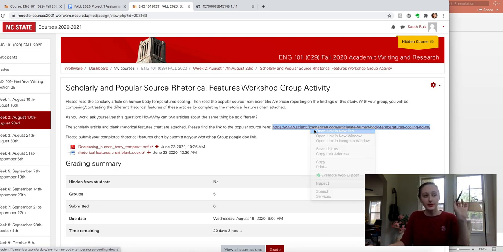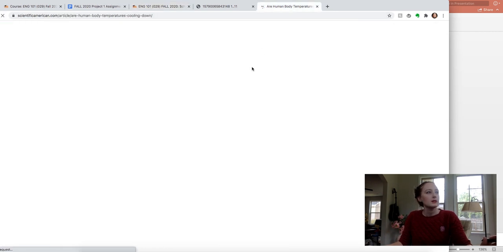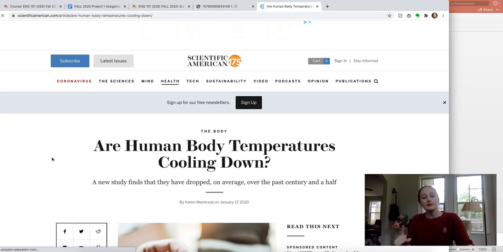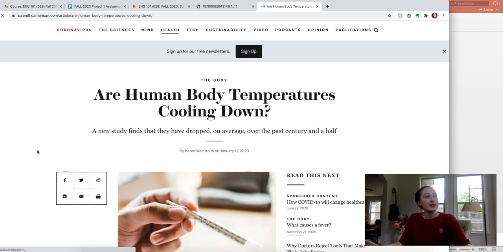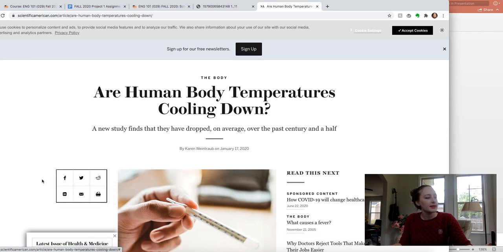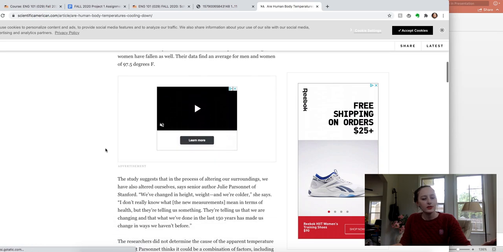And then what I would like you to do is read this article, which is a popular article about this scholarly article. So it is literally about that study. It's loading. So it's about the same thing, but it's for the Scientific American. That is a popular source, so it's for the general public that's interested in science. And maybe they're American, I don't know. Here's a short article about it.